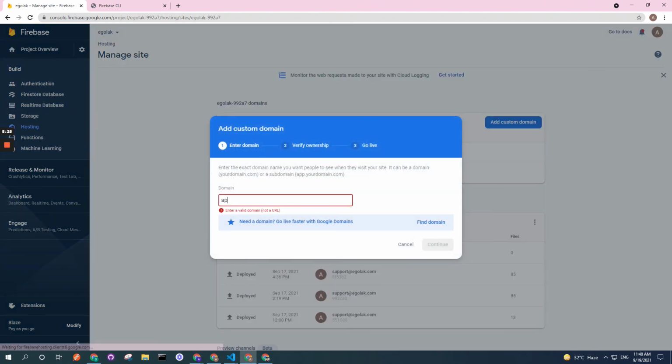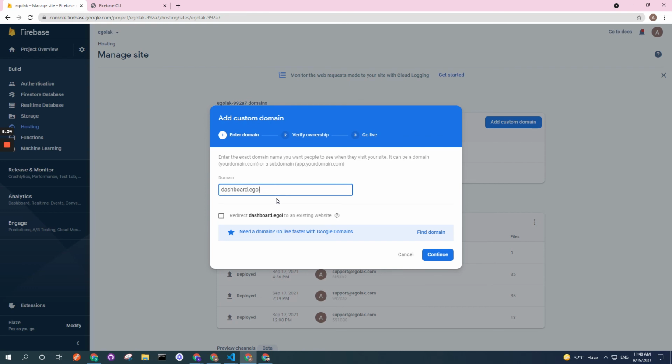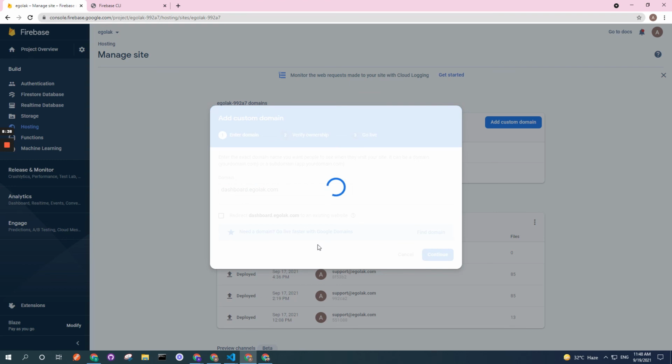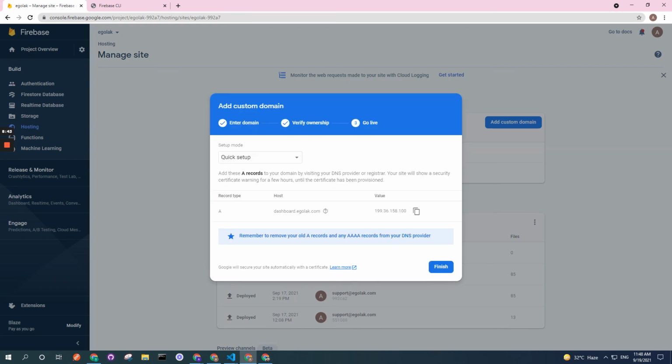So I'll do app dot, let's say I want to add dashboard.egoluck.com, and I click on continue. It will give me a record to add to the DNS provider.